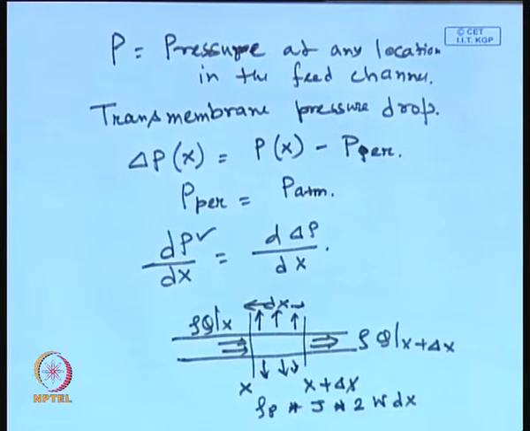So, this rho p is basically nothing but rho water, it is almost clear water, and J is in meter cube per meter square second, and this is the meter square, w times dx of this differential element, and there are two surfaces. So, one from the bottom and one from the top. So, therefore, this factor 2 is coming. So, this gives you the total material that is coming out of the wall. Now, if you do a material balance at the steady state, let us see what you get.